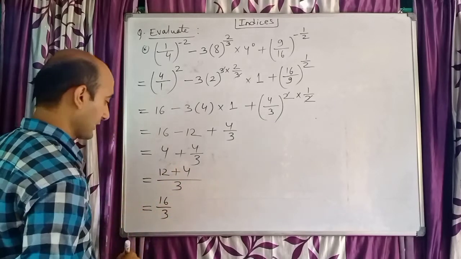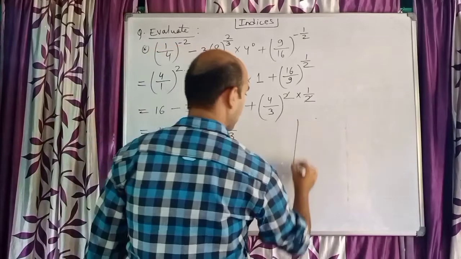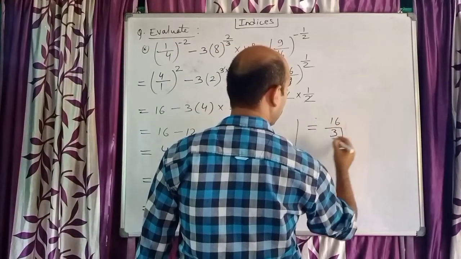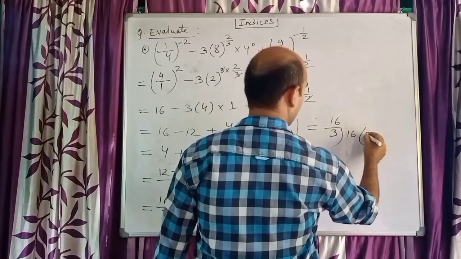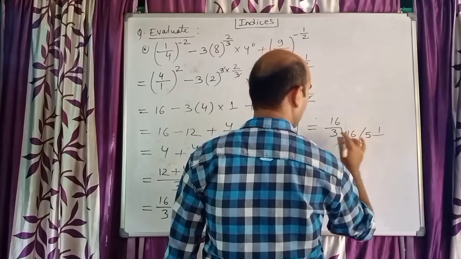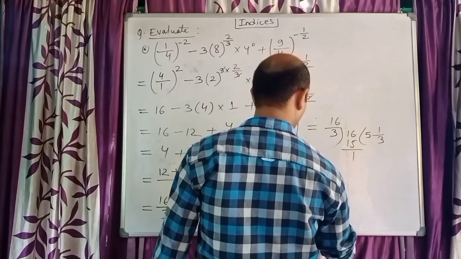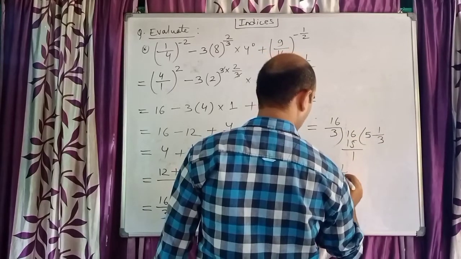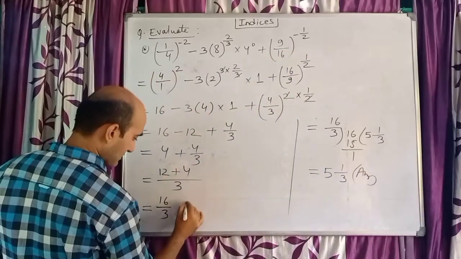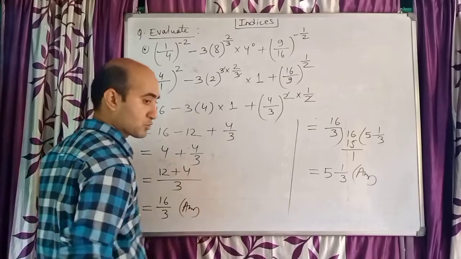16 by 3. So the remaining part you can do like this also. 16 and 3 you can divide here also, directly you can write. 3 5's are 15. So here we have 1. This 1 comes here and this 3 comes here. So my final answer will be 5 whole 1 by 3. This is correct. If somebody wants to write the answer here, this is also correct, no issue.